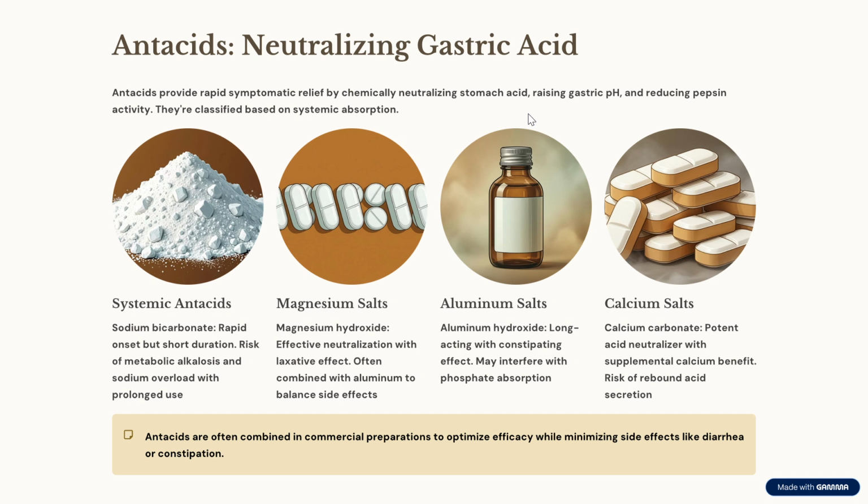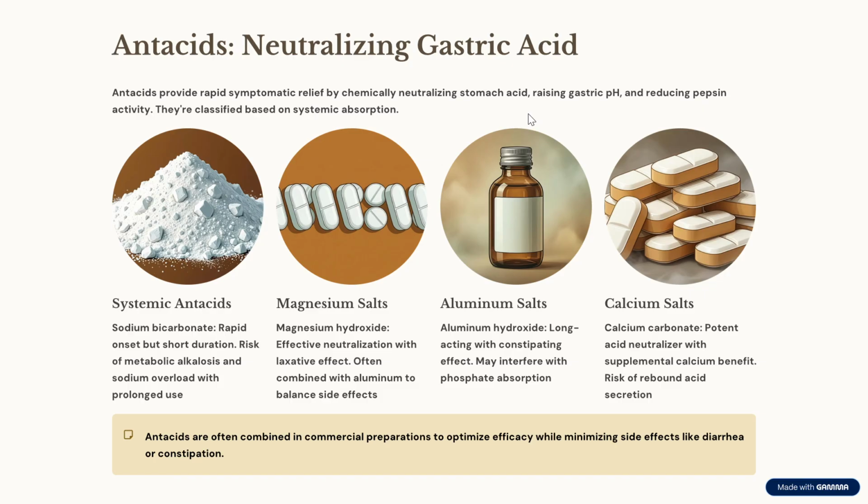Next class of drugs which can be used are antacids, which neutralize the gastric acid in the stomach. Antacids provide rapid symptomatic relief by chemically neutralizing the stomach acid, raising gastric pH, and reducing pepsin activity. They are classified based on systemic absorption into two classes: systemic antacids and non-systemic antacids. Systemic antacids include